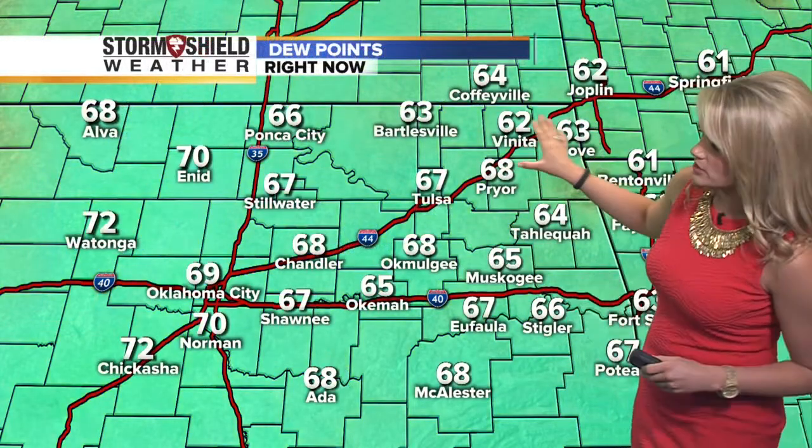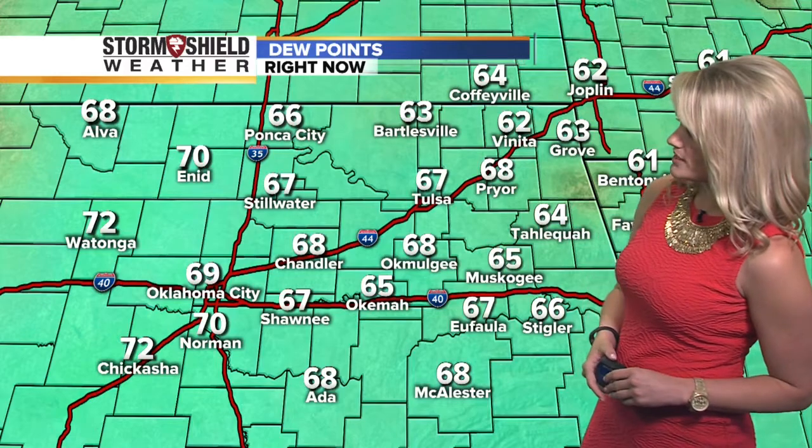Your dew points are ranging in the low 60s up towards the far northeastern corner, and then down towards the southwest we're seeing some of those low 70s already down towards Norman and even close to Oklahoma City. So a lot of moisture to work with later on today. You start to add in the heat too. We'll see some sunshine, and all of that is just a catalyst for these storms to develop this afternoon and